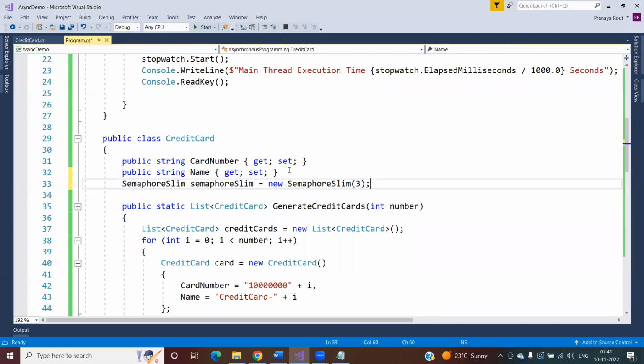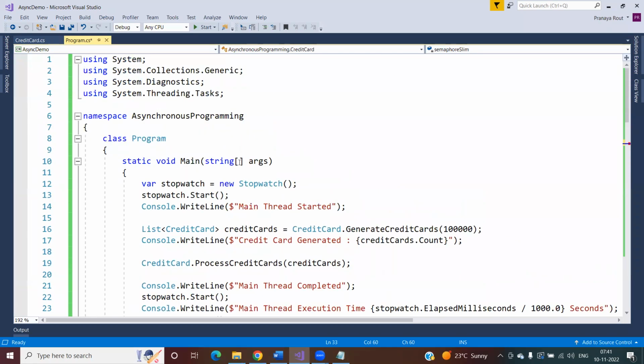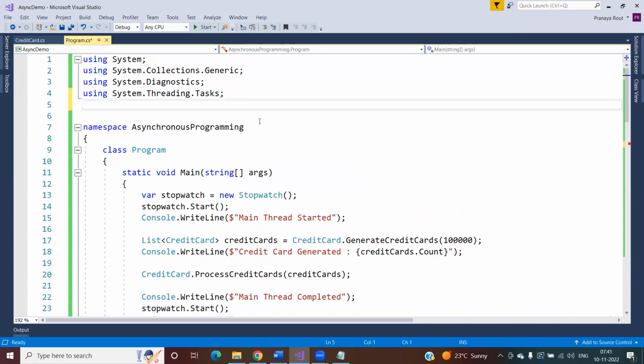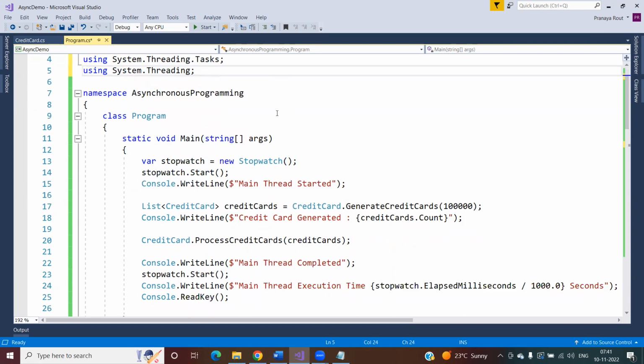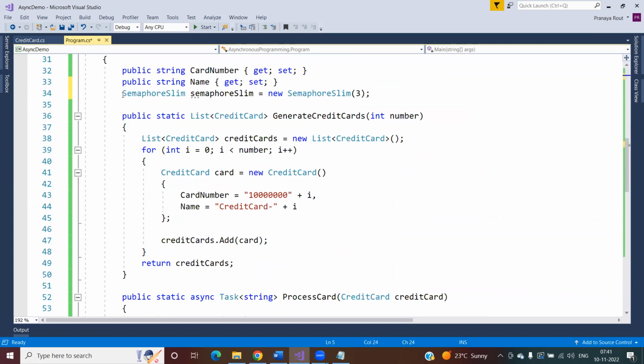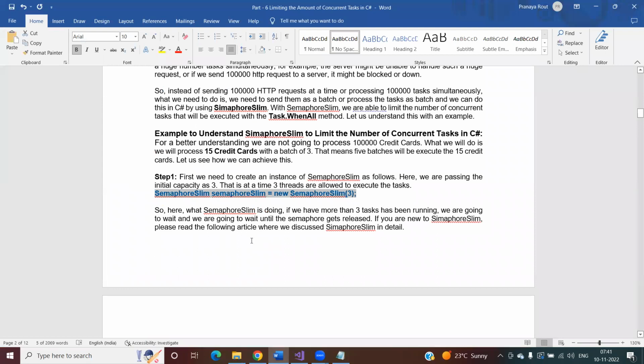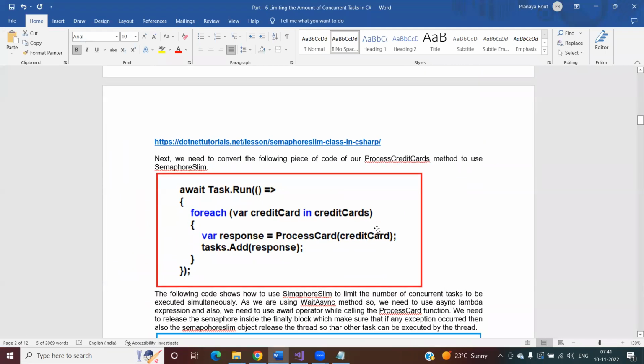So I'm creating an instance of SemaphoreSlim. And which namespace does SemaphoreSlim belong to? System.Threading namespace. So you have to bring that namespace. I'm creating a SemaphoreSlim object and I'm setting the initial count as 3. That means a maximum of 3 threads can execute the task. So once you create the SemaphoreSlim class,